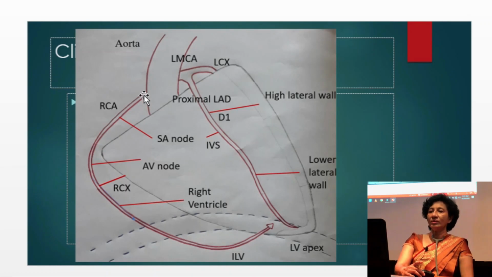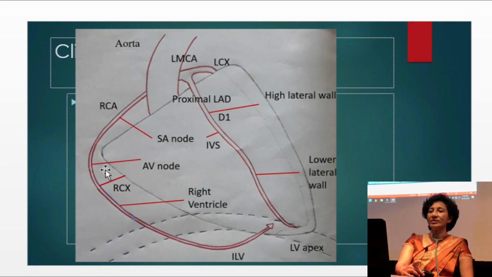If there is a total occlusion at any level of the right coronary artery, which leads will show abnormalities? Obviously leads 2, 3, AVF will show ST segment elevations, and meanwhile the high lateral group, 1 and AVL, will show ST segment depressions, reciprocal. If the occlusion is above the right ventricular branch, what else can you see on the ECG? Yes, the V4R lead will show ST segment elevations.